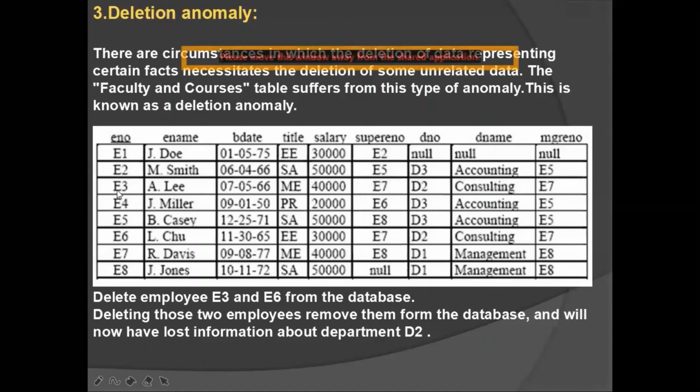But this is one of the anomalies that could exist. Fine, because if I'm deleting E3 over here, with the value of D2, समझो E3 और E6 मैंने निकाल दिया. So deleting those employees will remove them from the database. Basically the department number D2, or information about your D2, is gone.